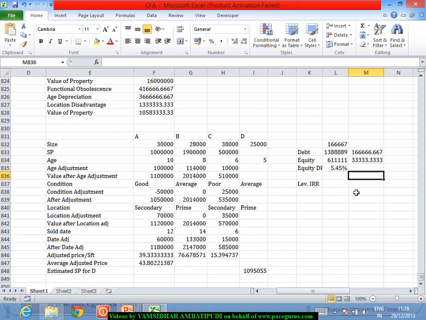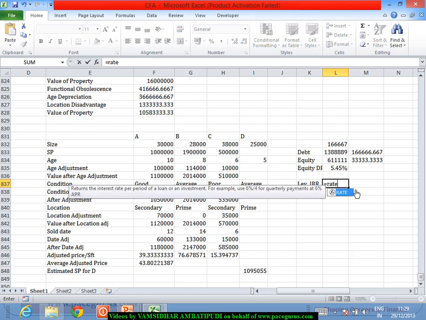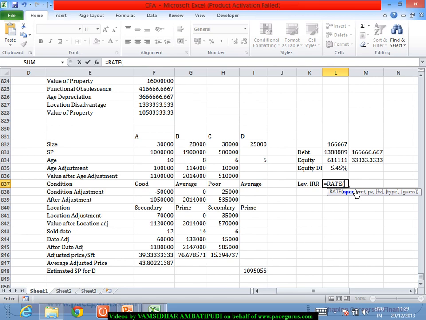So I have to find out the rate. I'll take the rate wherein the number of periods is 5. Then the PMT, every year I am going to receive this much, and today I have invested this much as the equity investor, and towards the end I am able to sell it at